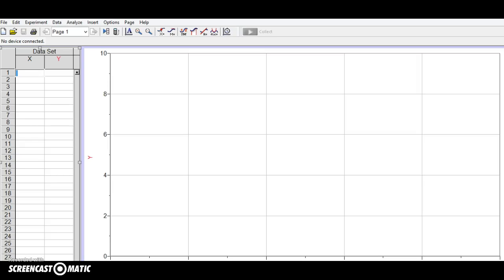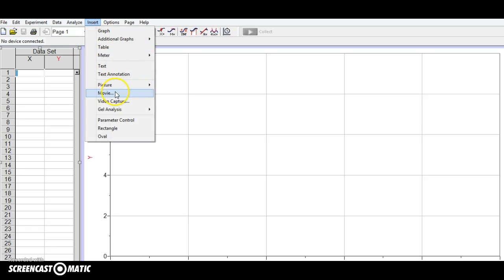Today I'm going to show you how to do some simple video analysis using Logger Pro. We're going to look at a bouncing ball. So the first thing we're going to do is insert the movie. We're going to go up to the top here, click on Insert, Movie,